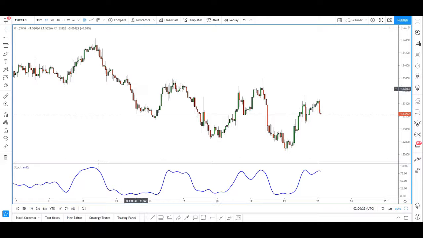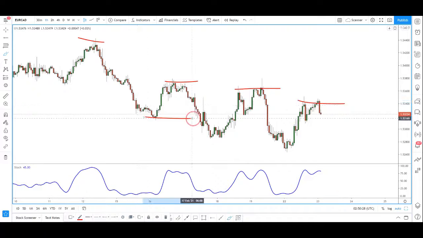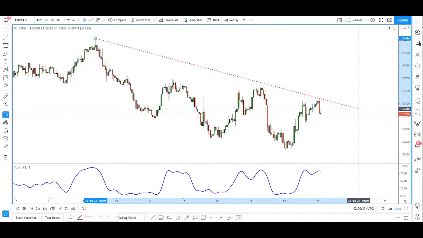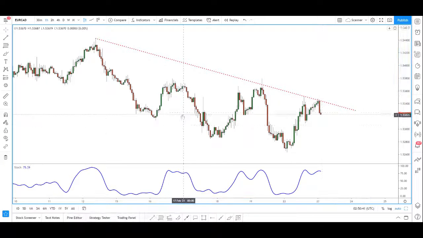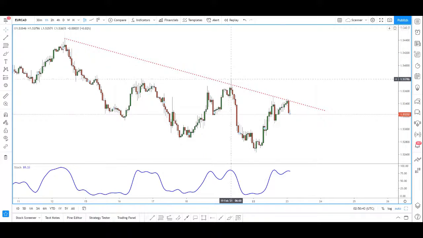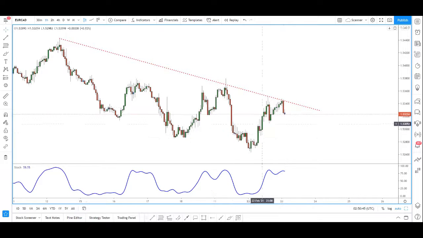If we look at this series of lower highs and lower lows in a downtrend, and connect all the highs, here we can see that price actually tapped the trend line really nicely. And if we were to use the Fibonacci from this high to this low,